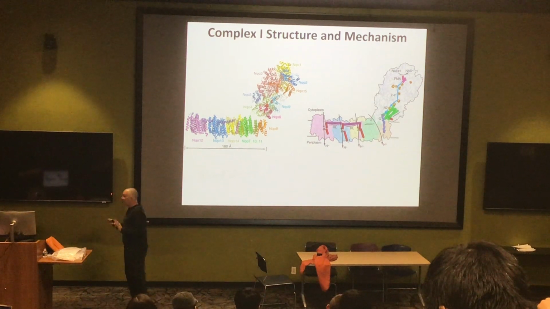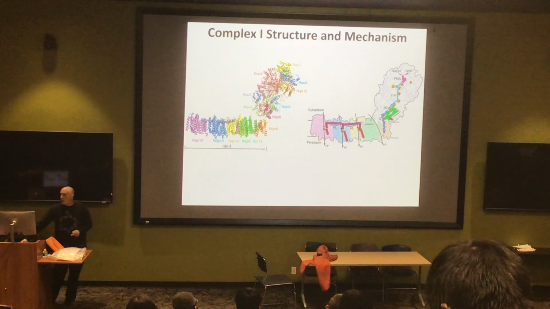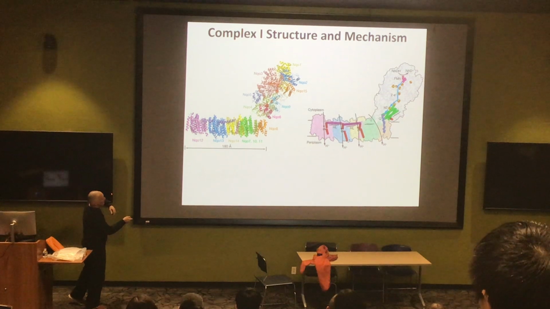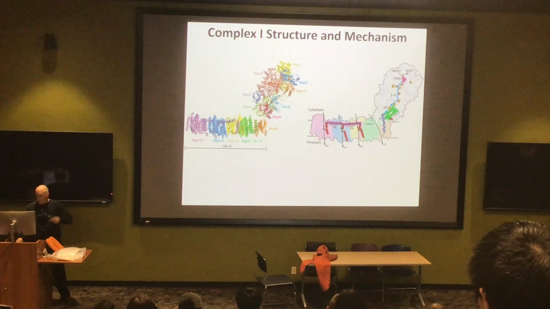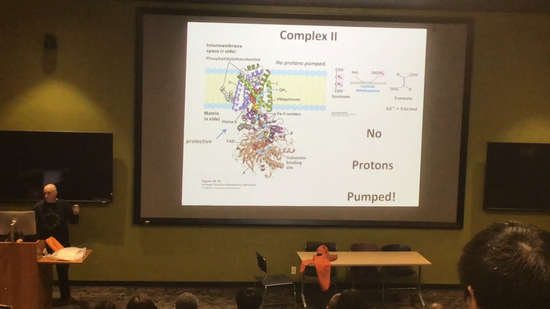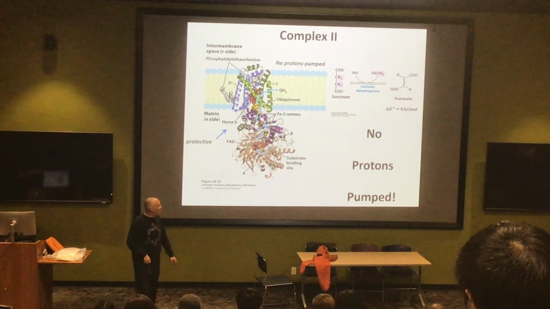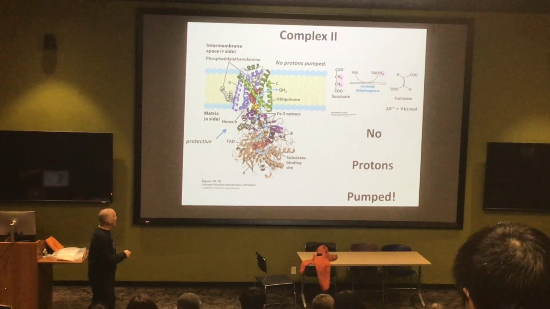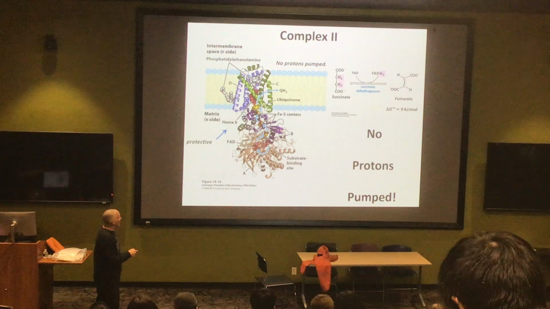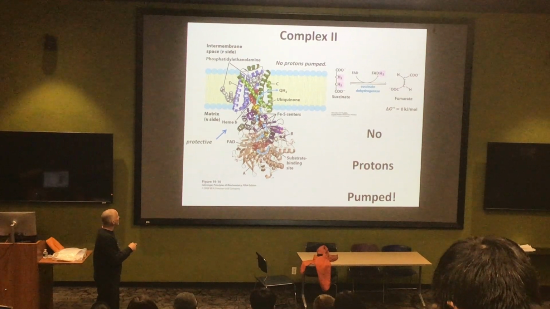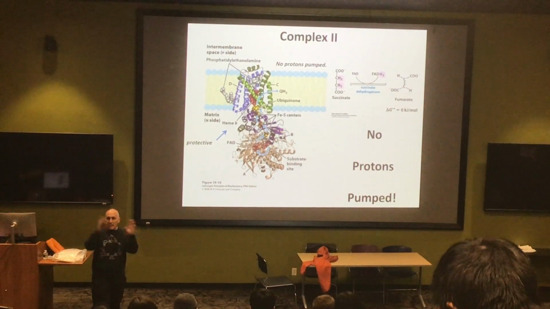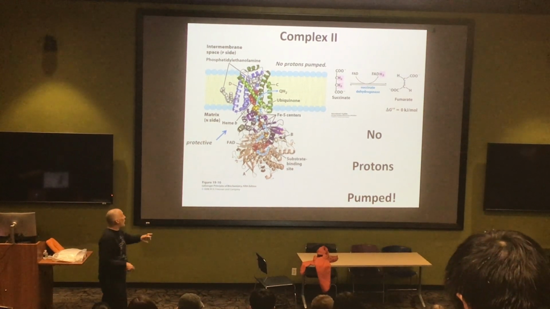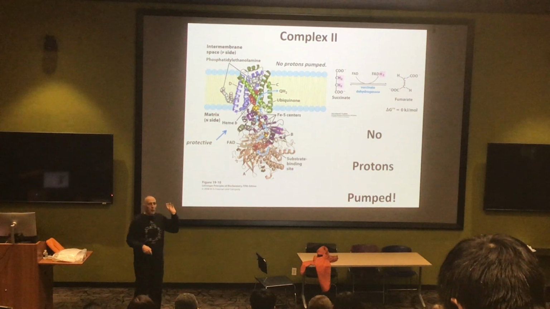The mechanism by which this works is really still not understood, but it clearly involves some sliding, backward piston-like motions of these various alpha helices, pulling protons from one side of the membrane and pushing them to the next. Anyway, the quote-unquote complex 2 is not pumping any protons. It's really just part of the citric acid cycle, but it does have another job, in addition to the succinate to fumarate oxidation: it also transfers electrons to QH2. So again, you have a lot of quinone in the membrane, we've generated some QH2, the reduced quinone, in complex 1, and we have generated some reduced quinone in complex 2.